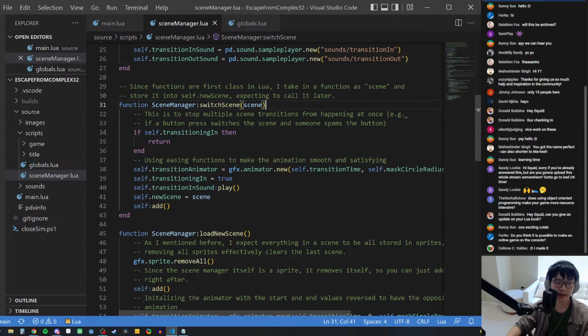Whenever you want to switch a scene, you call the switch scene function and pass in this, which I'm expecting to be a function. And I'm expecting this function to be a series of calls that initialize a bunch of sprites. What's unique about my scene manager system is I'm assuming that everything related to a scene is actually a sprite. That's just an arbitrary design decision that I made, but I feel like it makes things easy because